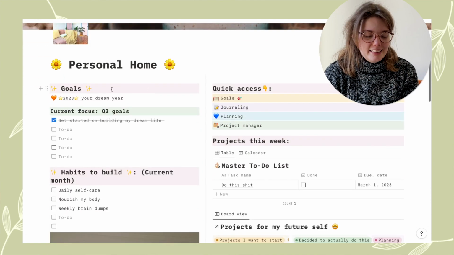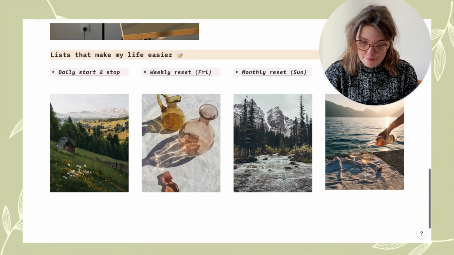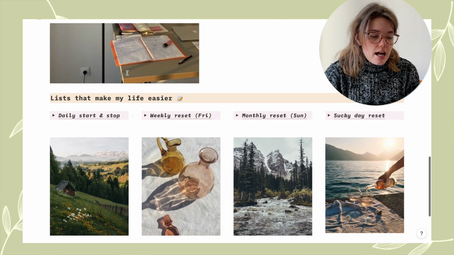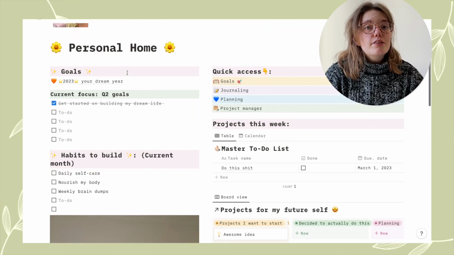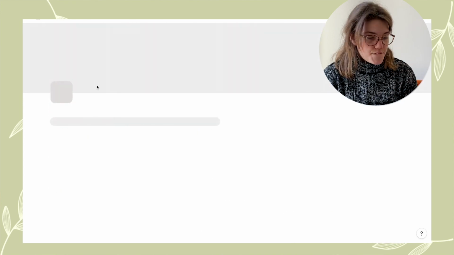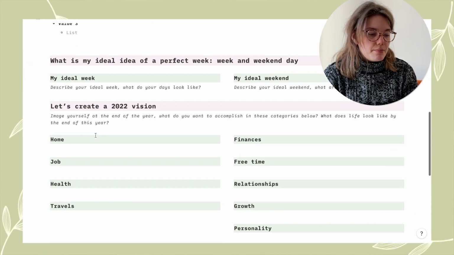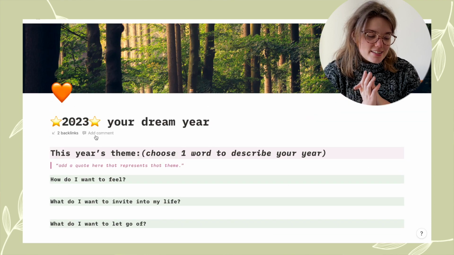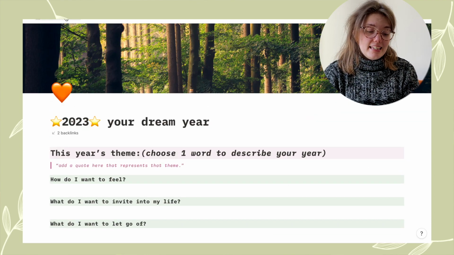I love it. You also have my lists, but feel free to adapt them in any way that you want to. You have the goals page, all the questions, so you can figure out all your goals, organize them. It might be a little bit late into the year, but it's always fun to write down your goals. So you can organize them right here.